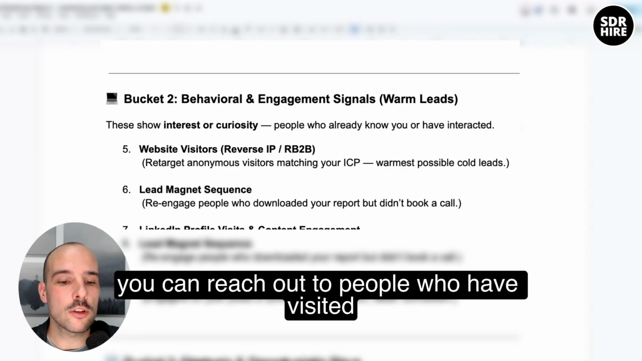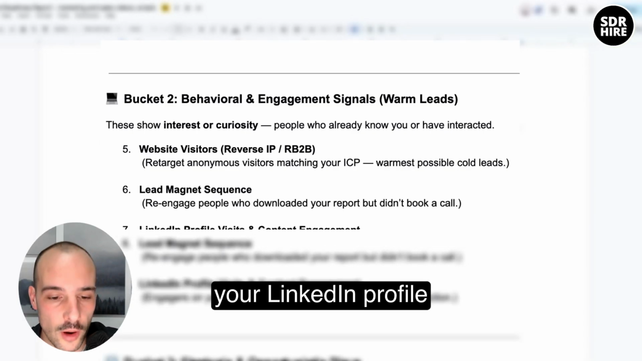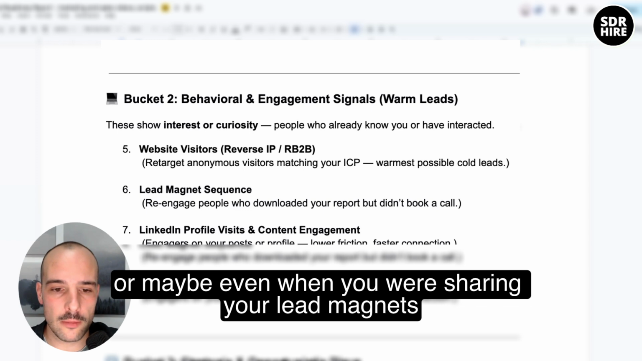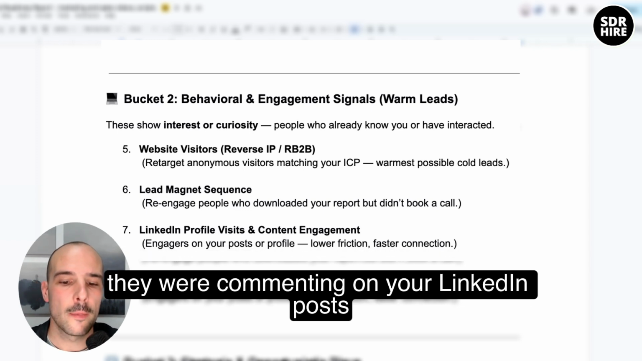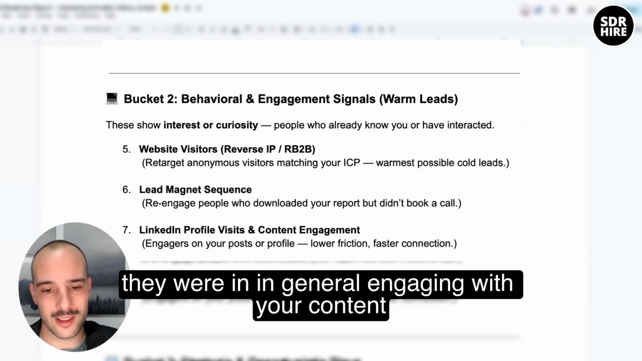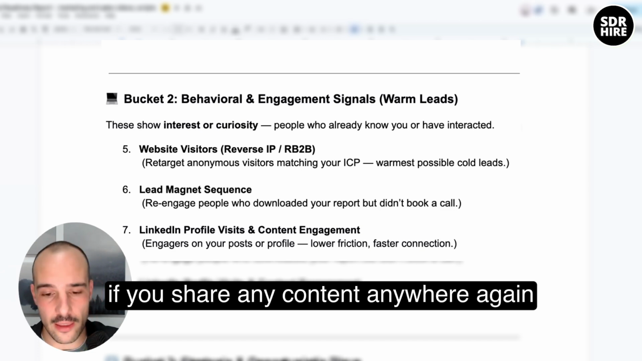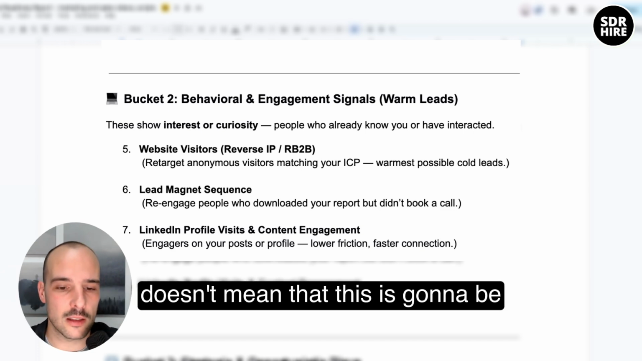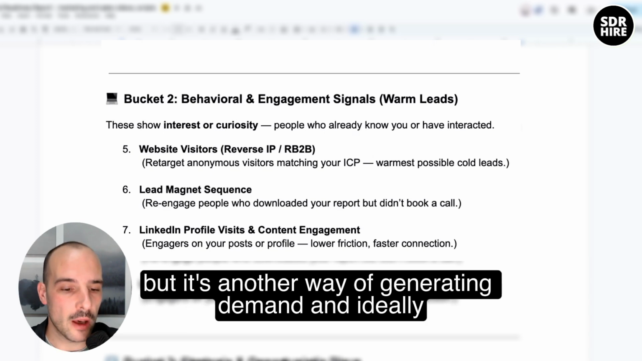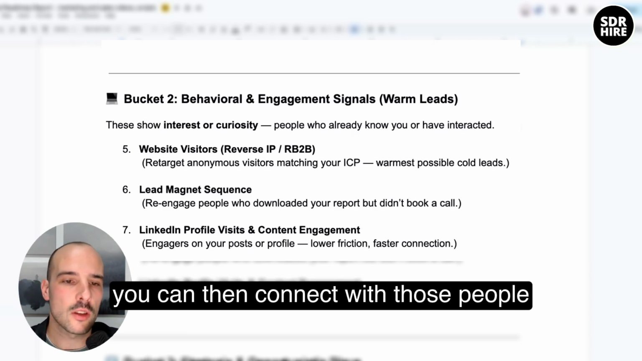And then finally, you can reach out to people who have visited your LinkedIn profile, or maybe even when you were sharing your lead magnets, they were commenting on your LinkedIn posts. They were in general engaging with your content if you share any content anywhere. Again, this is situational. Doesn't mean that this is going to be ideal for what you're doing, but it's another way of generating demand. And ideally, when you see LinkedIn profile visits, you can then connect with those people,